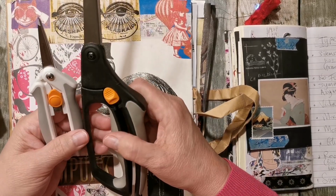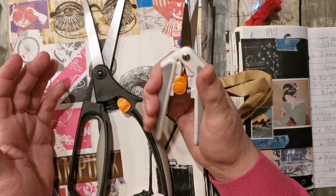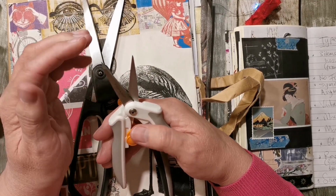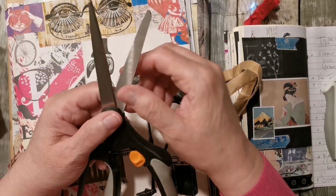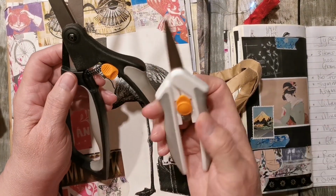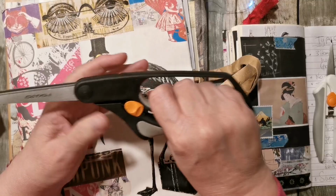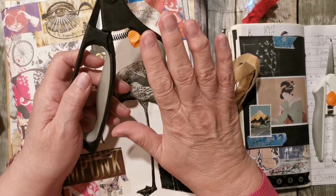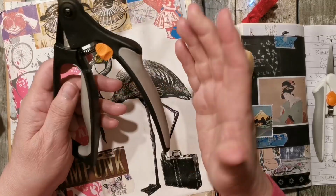These are both made by Fiskars. They're all spring loaded, and they're what I would call a pliers type of scissors, and they've got really good points on them. Well, these small ones, my fussy cutting ones, but the big ones, they're both new. I do have a pair of these in the house, but I don't have another pair of these. These are the only ones I've got. Because of my arthritis, especially as I've got short fingers but really big hands for a lady because I'm a big person,